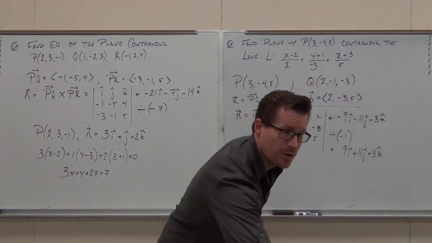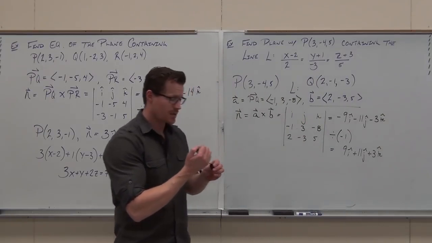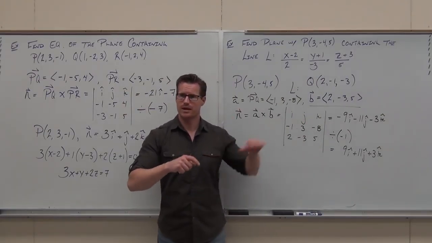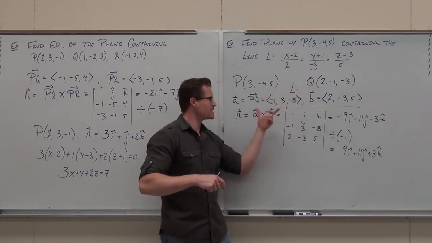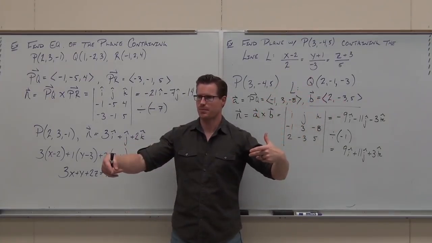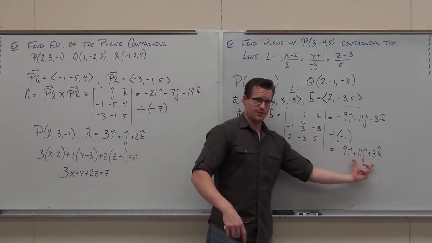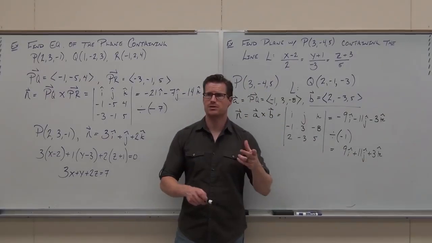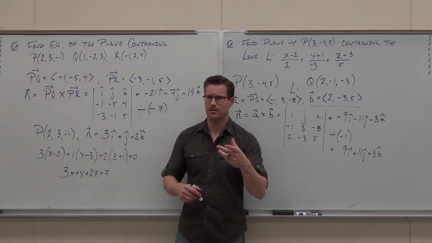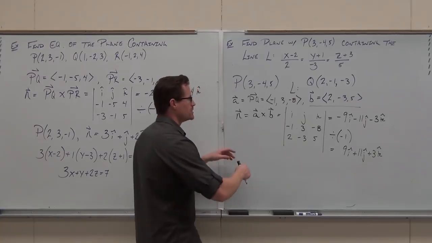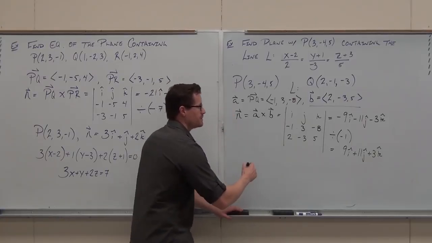Listen, I told you we're going to move a little quick on these topics because I want to get through a lot of stuff here, but I want to make sure I'm also clear. Are you guys okay on getting all the way down to at least the idea of you have two vectors and finding the cross product? Yes, no? Yes. From here, if you can find your normal vector and you have a point already, can you just define the plane? I'm going to leave it to you. Here's the final answer that we would do. So our plane would be